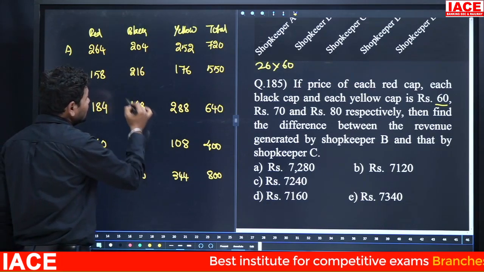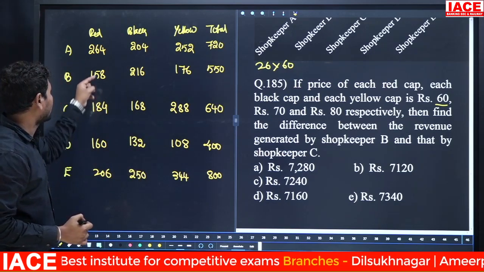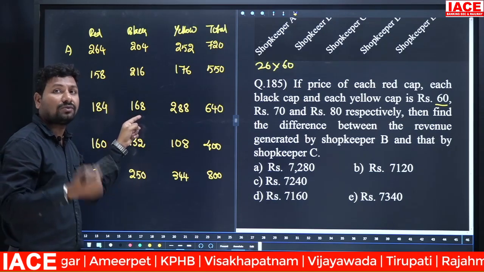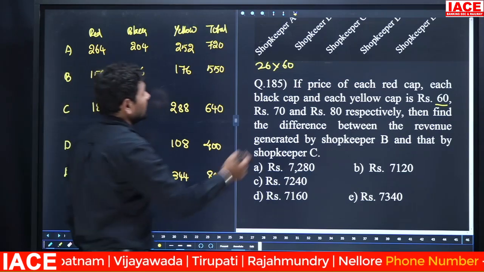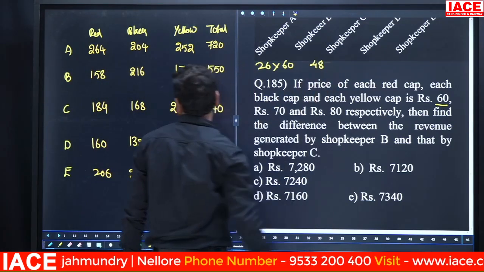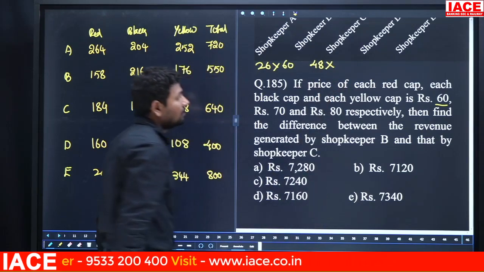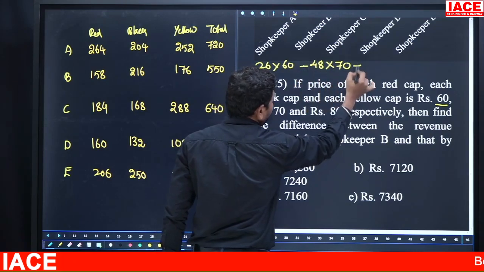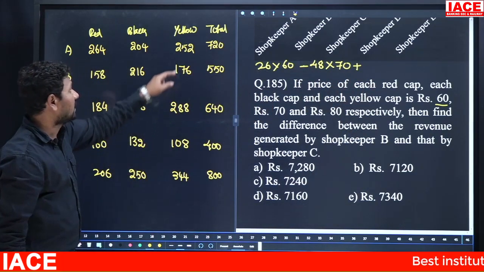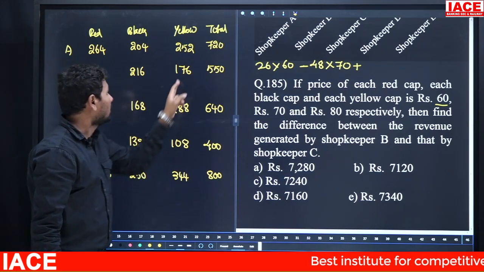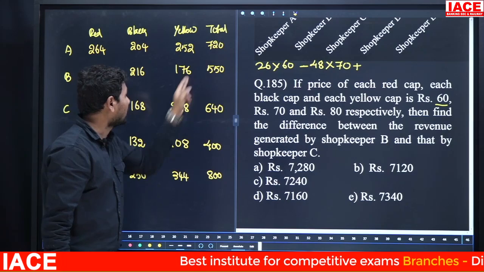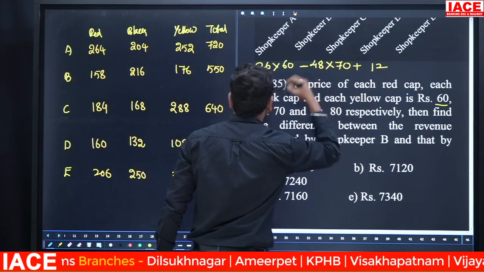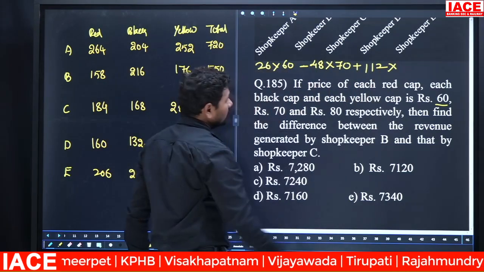Next, 168 to 216 difference is how much? Bigger minus smaller is positive, but smaller minus bigger is negative. And 168 plus 32 is 200, 32 plus 16 is 48. Then 48 into what value can you substitute? 70, and including the negative, plus. Next 288 and 176. 176 we remove from 288. 8 minus 6 value is what? 2. And next 8 minus 7 value is 1, and 2 minus 1 value is 1. 112 into what number? 8.